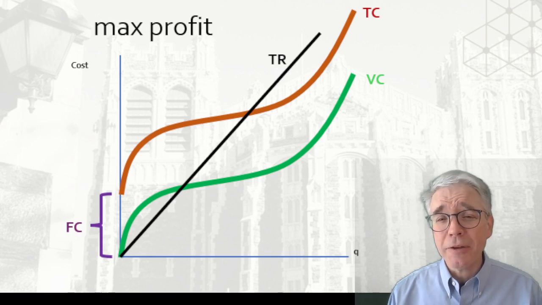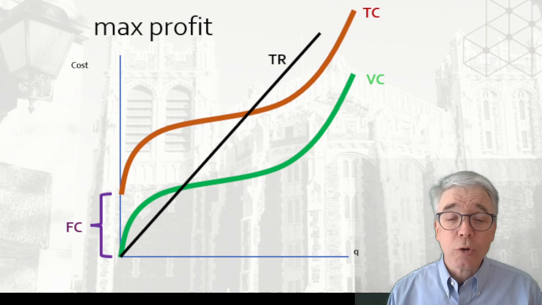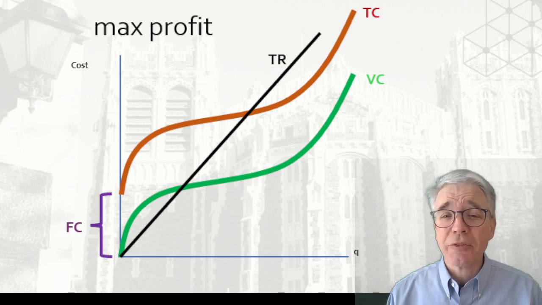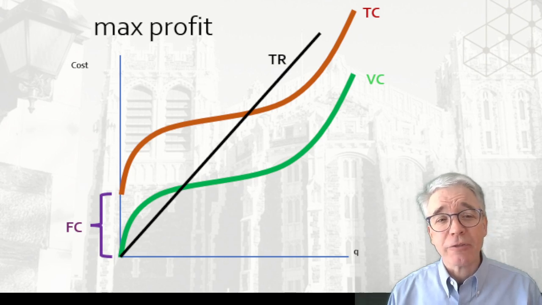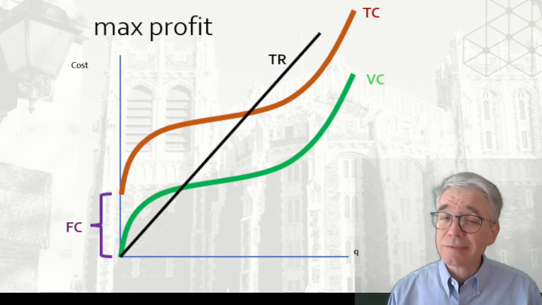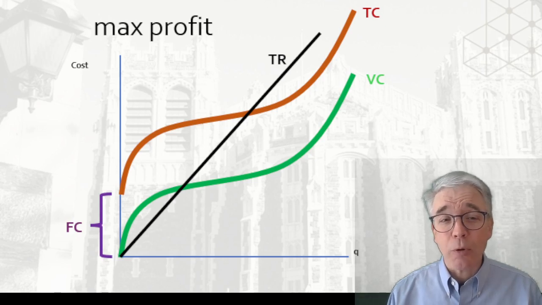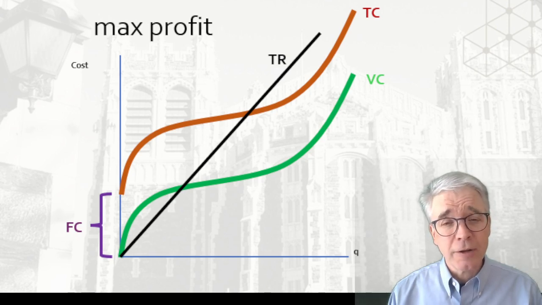So the profit is going to be the vertical distance between TR and TC. Look at the relative slopes of each one. If a slight increase in Q would raise revenue more than cost, that's good, it would increase profits. On the other hand, if a slight increase in Q would raise revenue, but at a lower rate than it raised costs, that's bad. So the optimal point, where those two are going to have the greatest vertical distance, will be where the two slopes are just equal, which is where price, which is the slope of TR, equals marginal cost, the slope of TC.